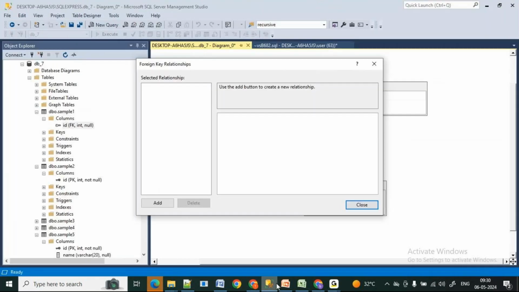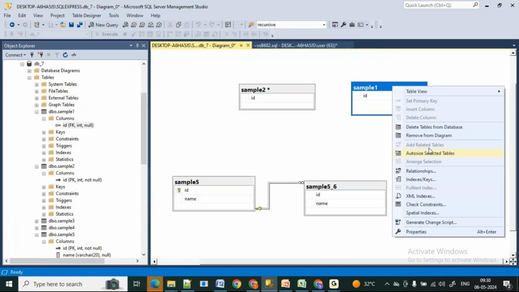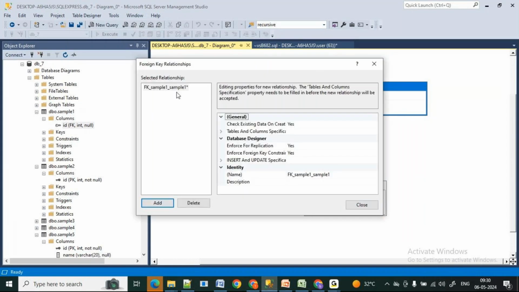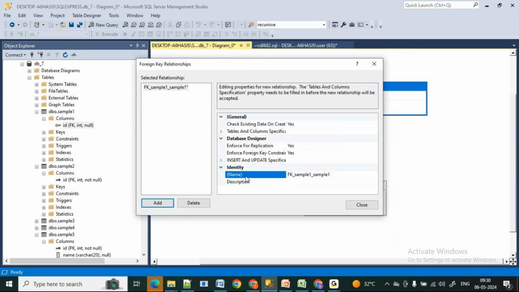Oh my god, it got deleted. Fine. Let me take this table. FK is sample 1. Okay, add one pair of related.